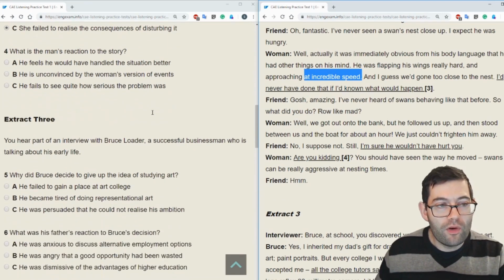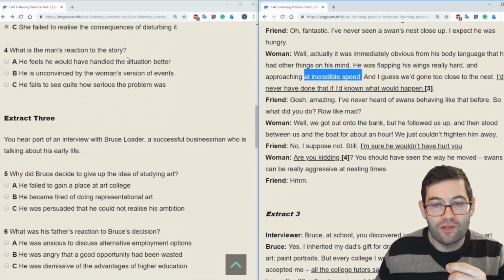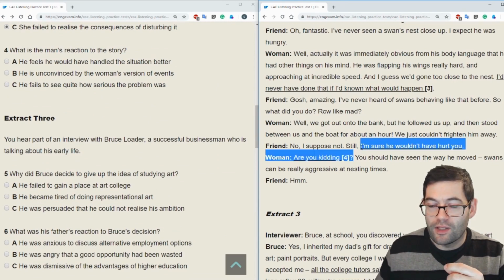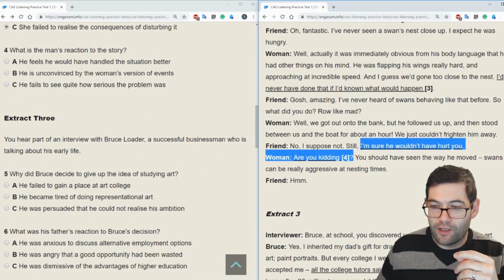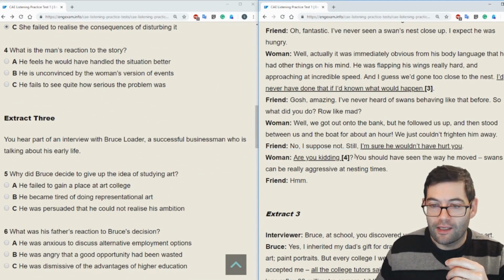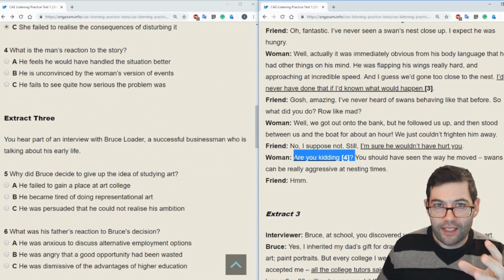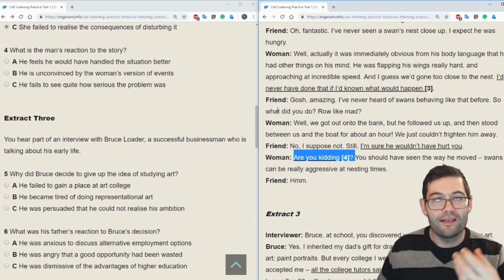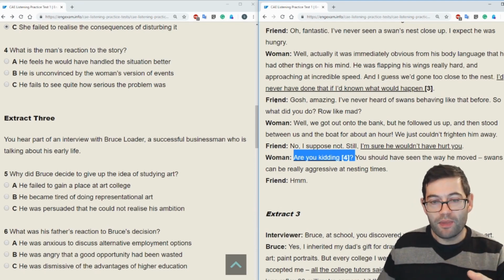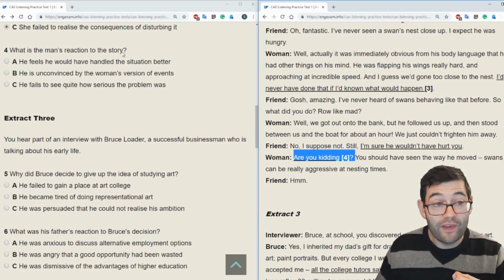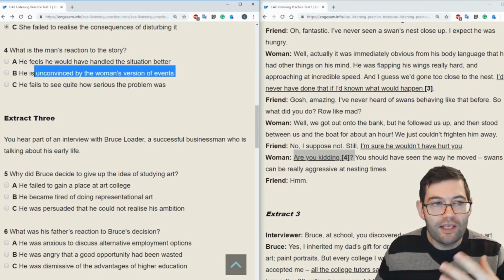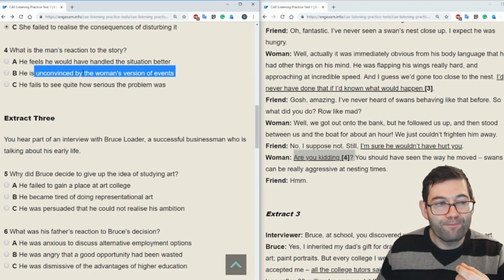For question number 4, it says, what is the man's reaction to the story? And this all refers to the underlined text here, where the friend says, I'm sure he wouldn't have hurt you, and the woman says, are you kidding? And the key here is the context in which are you kidding is said, because are you kidding might be said in surprise, or if someone is unconvinced. So you might think it's B because are you kidding is said when someone is unconvinced. But